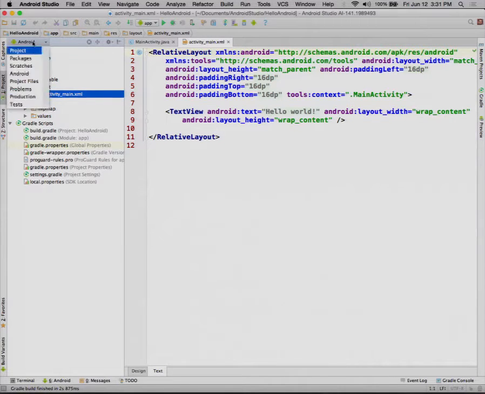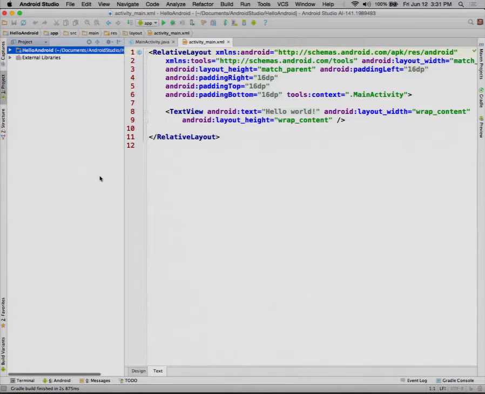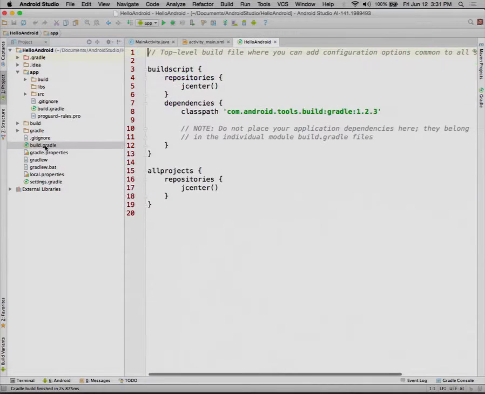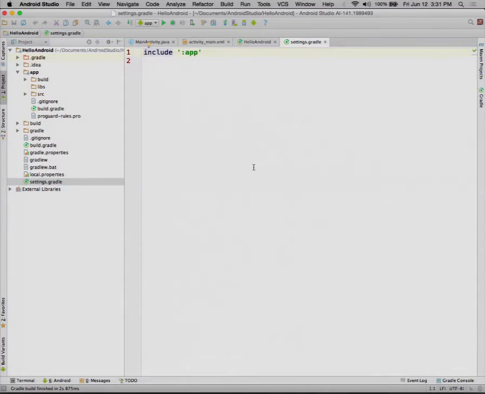But I'm going to switch to the project view, and that way I can see everything the way it maps to the disk. So if I want to see this now, here is a build.gradle file, and there's also a settings.gradle file, the normal way you make a Gradle multi-project build. So they refer to an app folder by default, and that's where the actual app is.